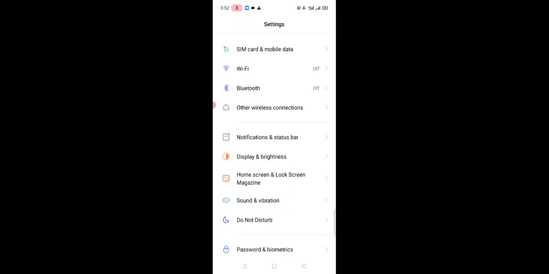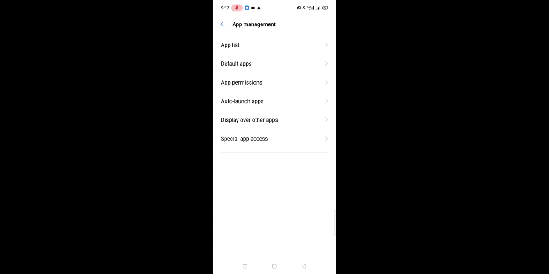Go back and back to the main settings and enter into the app management. If you are using iPhone, just tap on your iPhone storage and offload your CarX Street game. If you are using Android, just tap on your apps or app management, tap on your app list and